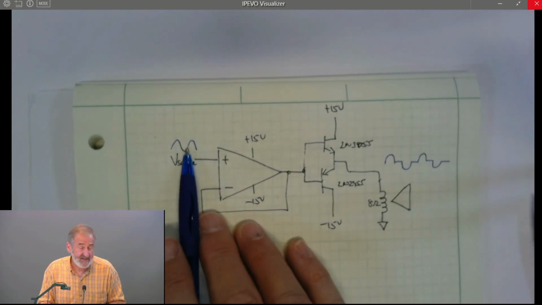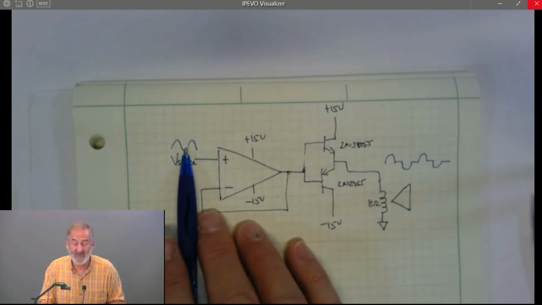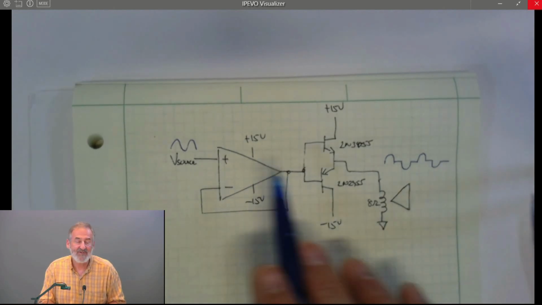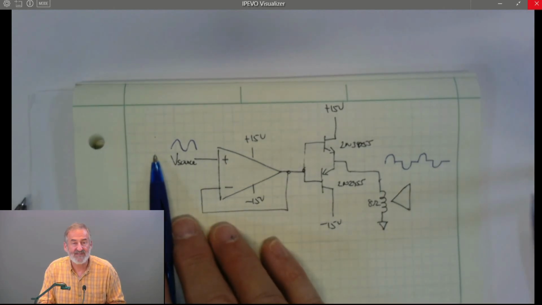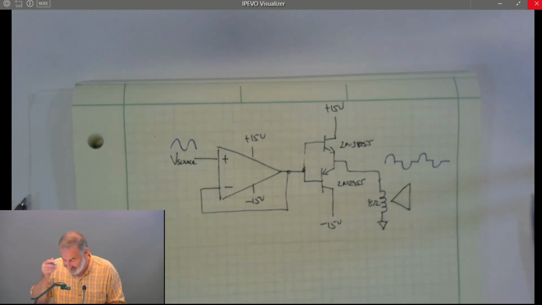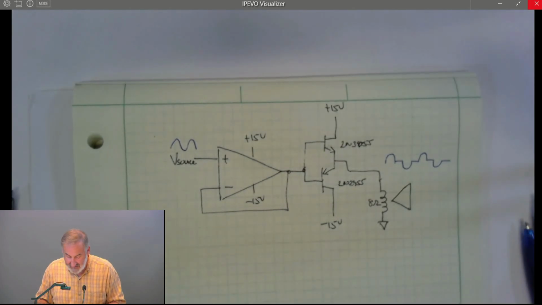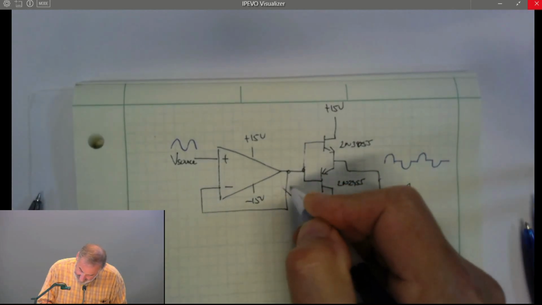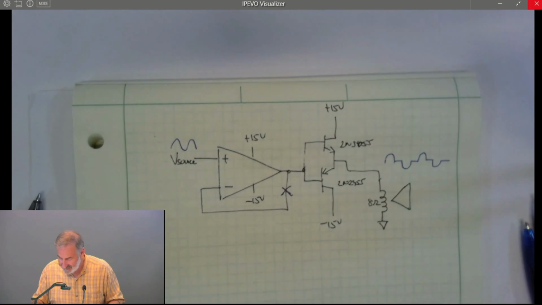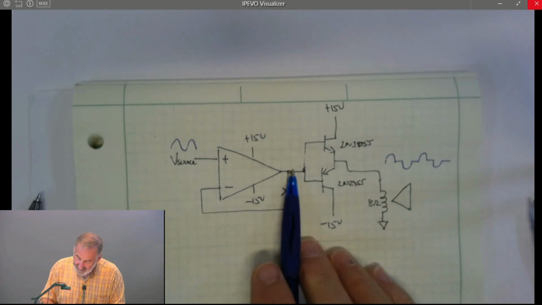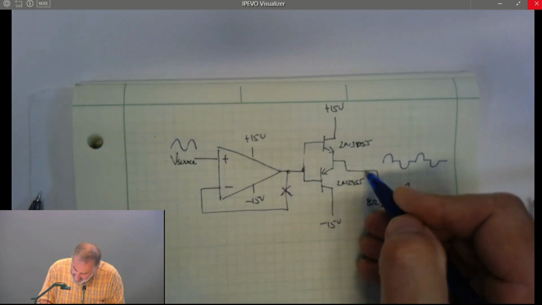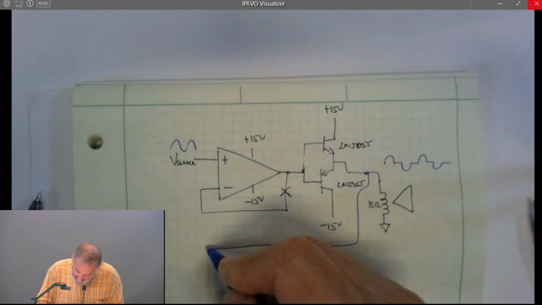Also, if we're connected to a music passage and the music passage is very soft, the music passage may never exceed plus 0.6 or minus 0.6. We're not going to hear it at all. So we need to fix this, and as a colleague of mine once said, feedback fixes everything. So let's cut the feedback path, and instead of taking our feedback from the output of the op-amp, let's take our feedback